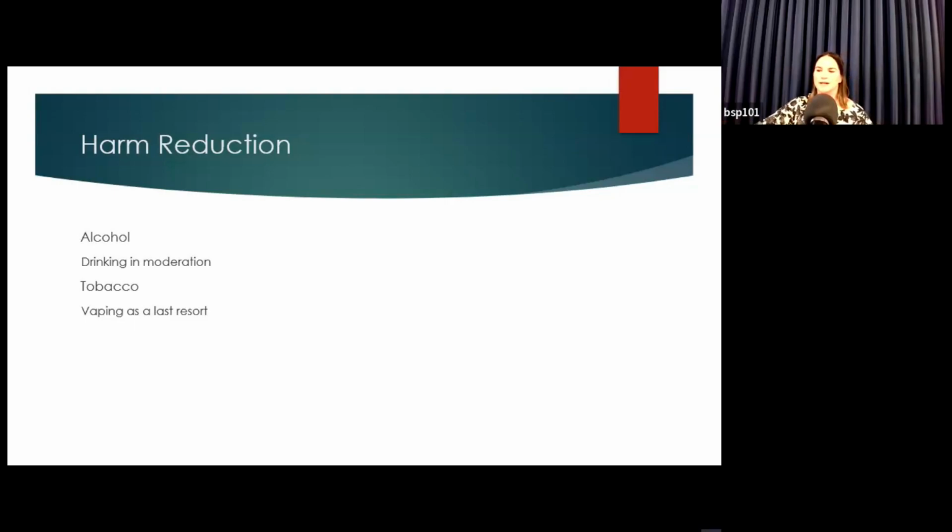So for some people, trying to just get them back into healthier drinking patterns, or trying to get them to regain some control of their drinking patterns, is something that we can try to work with them on, success being neither here nor there. The other thing is these harm reduction strategies allow patients to come to their own conclusions. So me saying, I think you need help for your alcohol, and them saying, I don't think I need help for my alcohol, I say, okay, well, let's go on a journey. Let's do it your way. Let's try to get you to be healthier and safer on your terms.